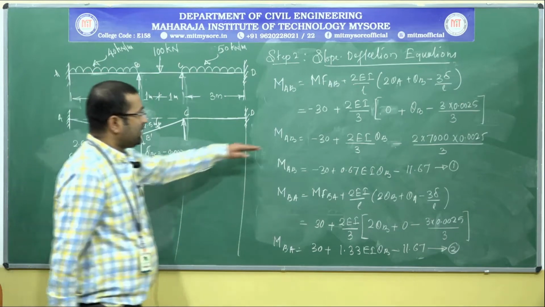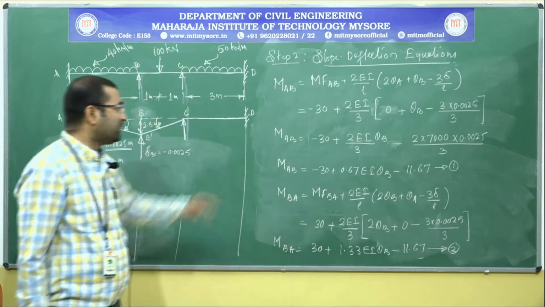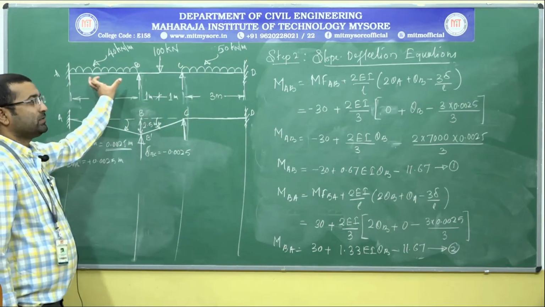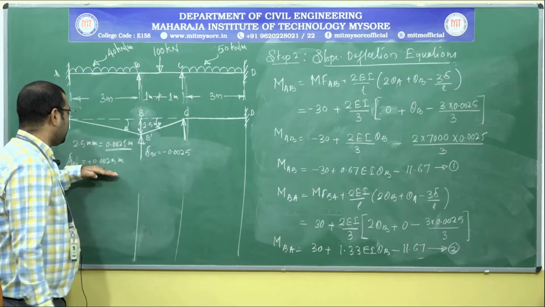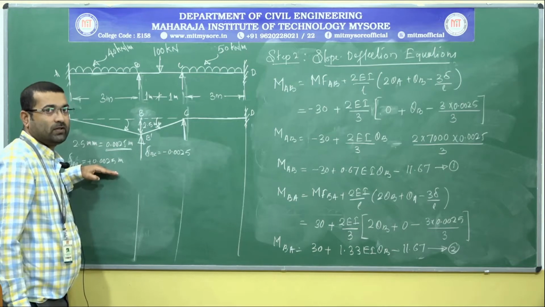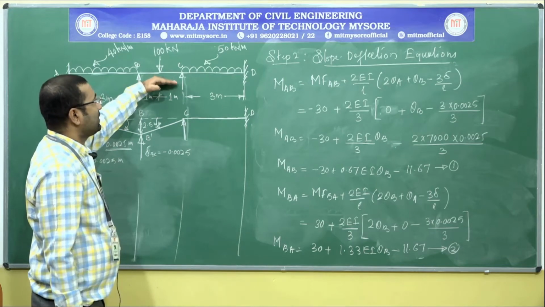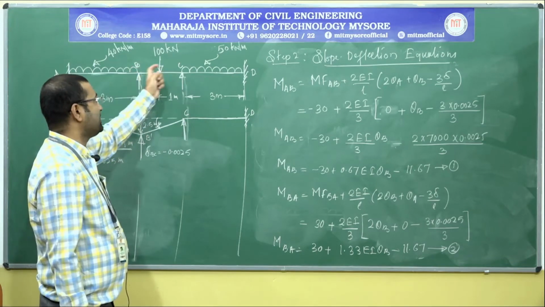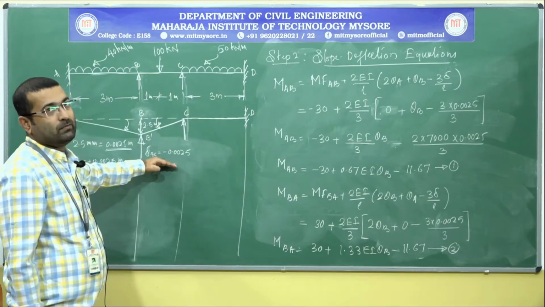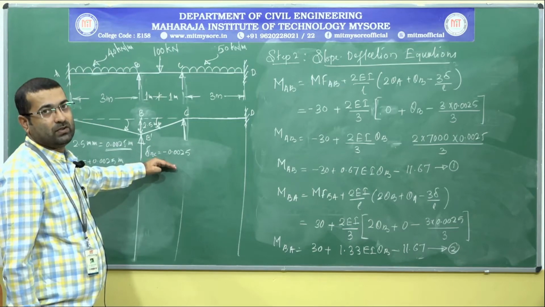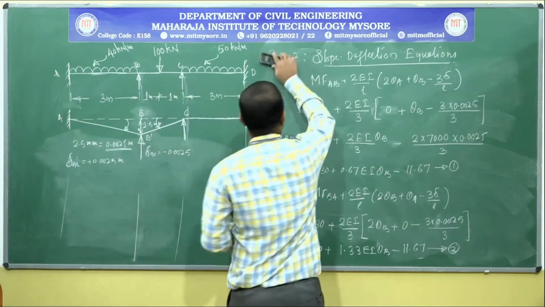So, here as I have written MAB and MBA, these two slope deflection equations to determine the final end moments, they both are related to the span AB. So, for both the cases, the delta value will remain plus 0.0025, okay. So, when I am writing the slope deflection equation for the span BC, that is MBC and MCB, in that case I have to consider the delta value as minus 0.0025, right. Okay. Next we'll see.